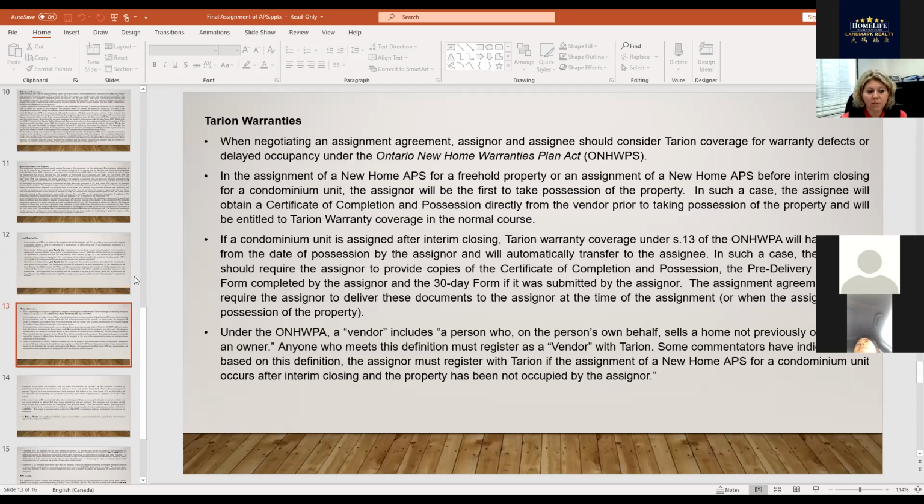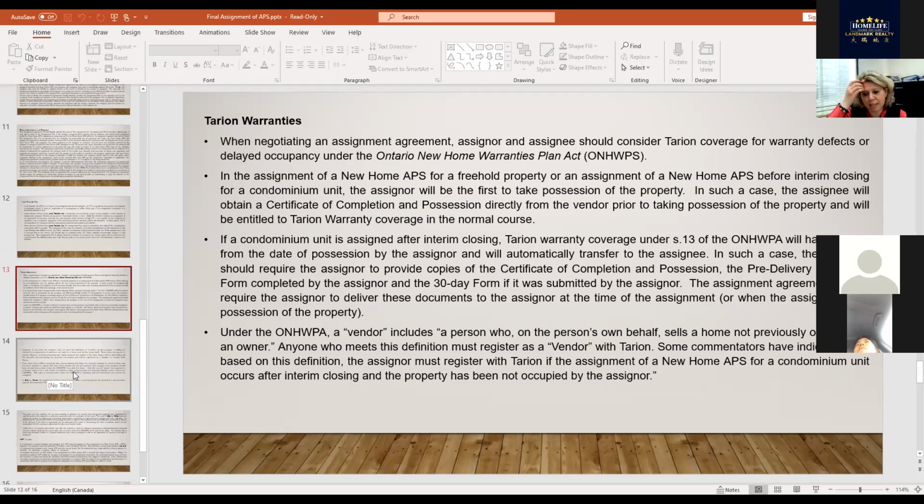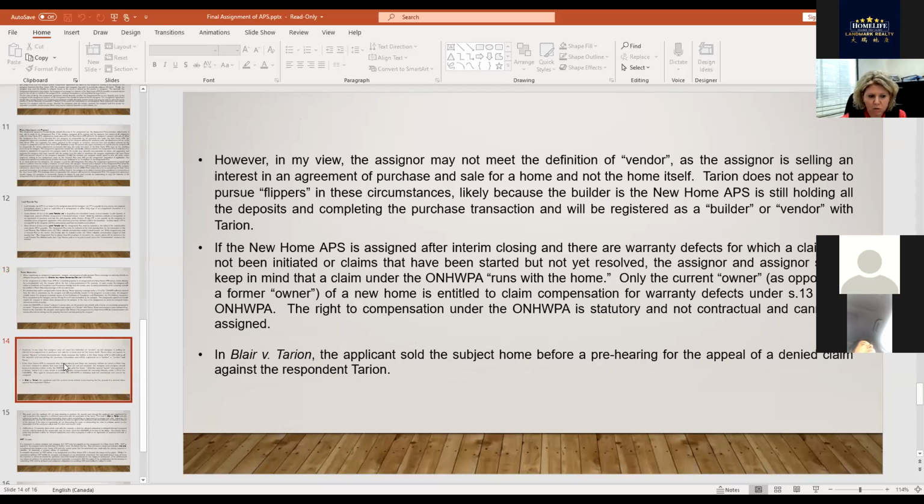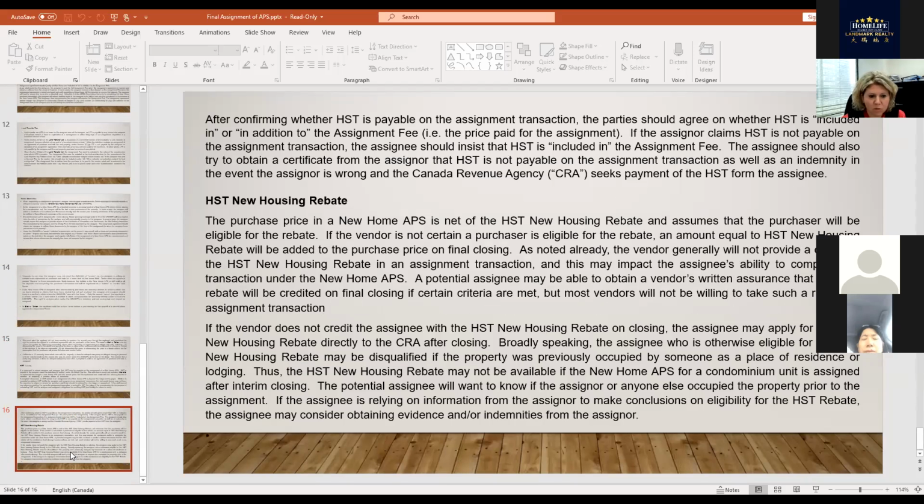So if I'm the assignee, I want to see that this has been done properly by the assignor, and I don't want to incur deficiencies, and maybe I have to pay an additional deposit, an additional amount of money, in order to recover these problems inside the condo. So then what is important to know? HST rebate, I told you, HST and the rebate. So now I can go back